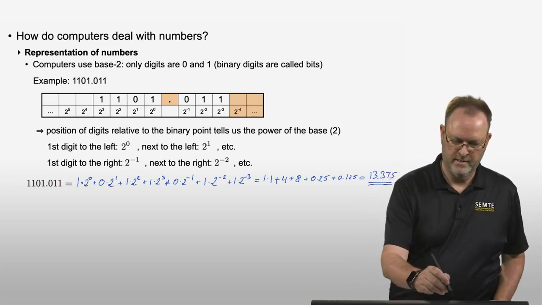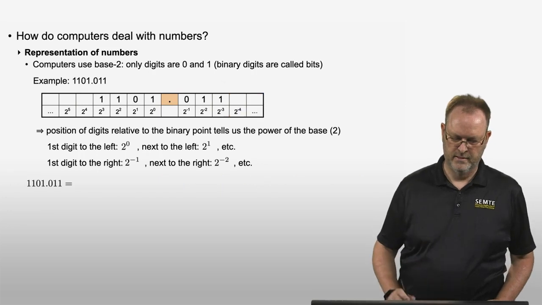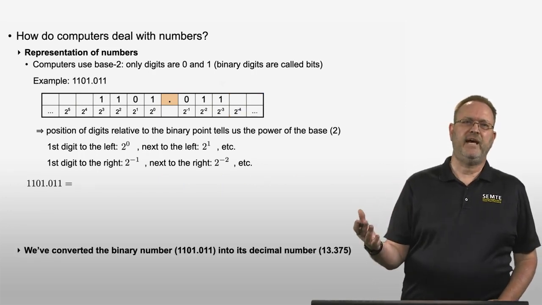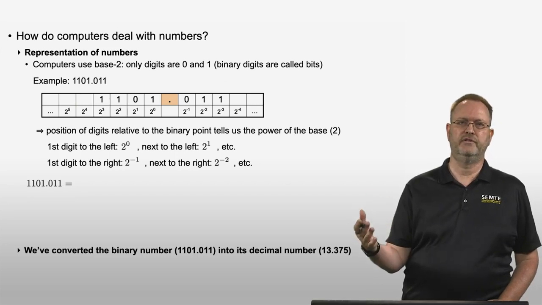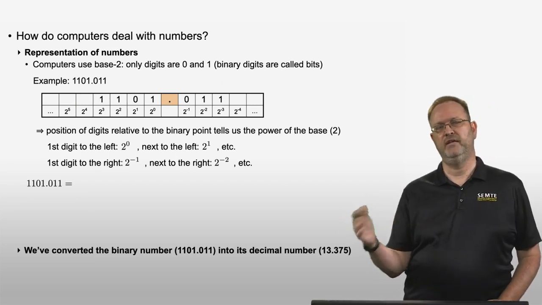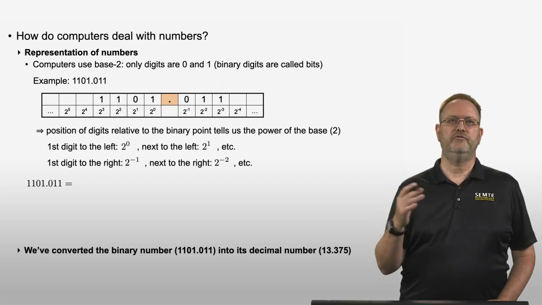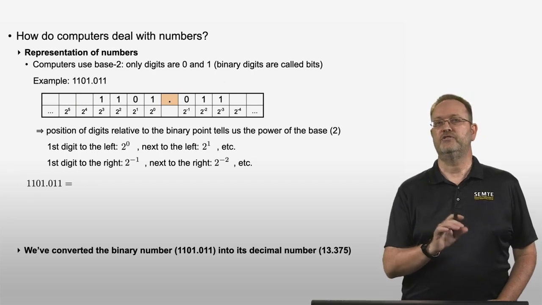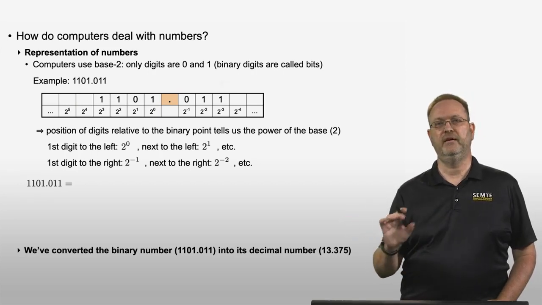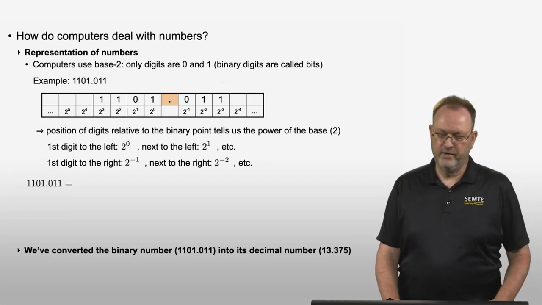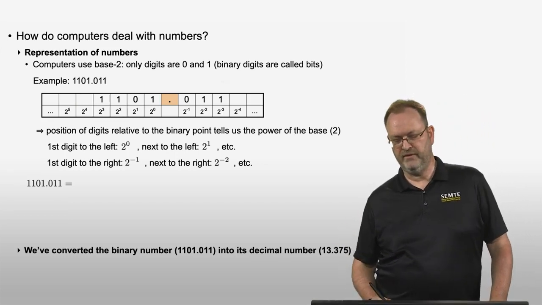Okay. This is basically the strategy for how to convert binary numbers into decimal numbers. You find out the powers of 2 that each digit multiplies, and then you just express and sum up the resulting sum and find the corresponding decimal number. In our example, that came out to be the decimal number